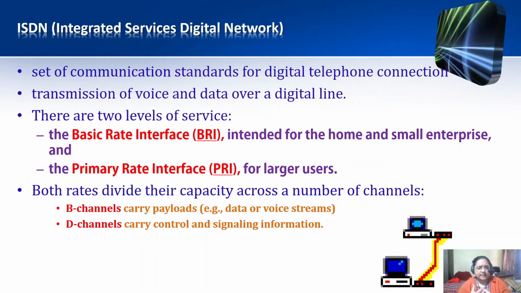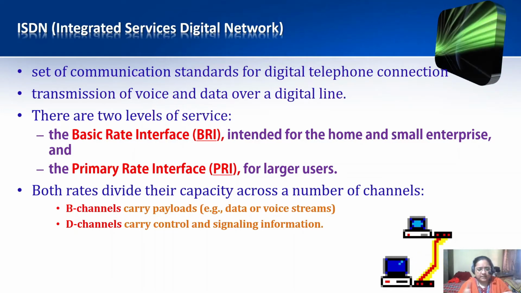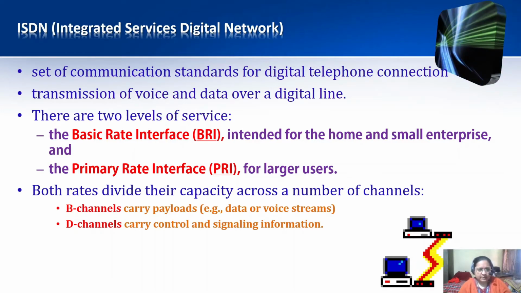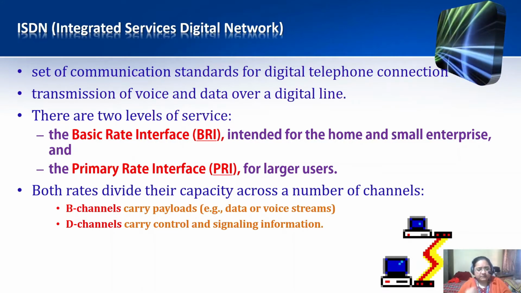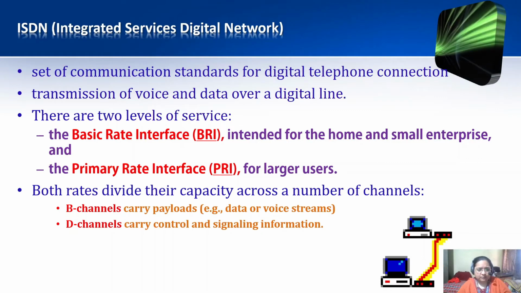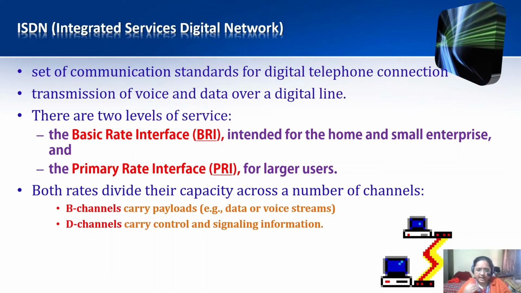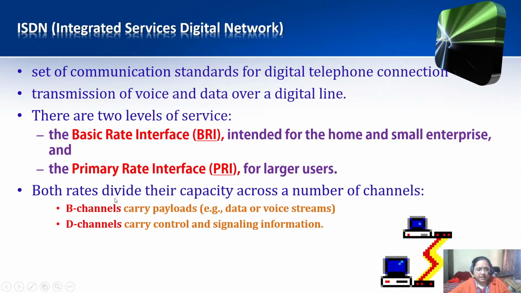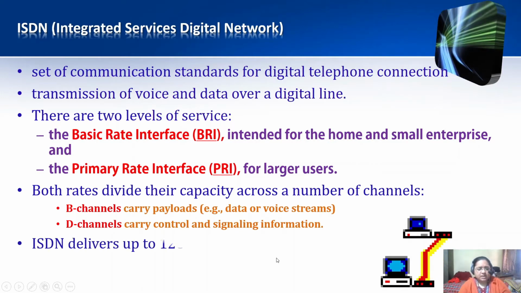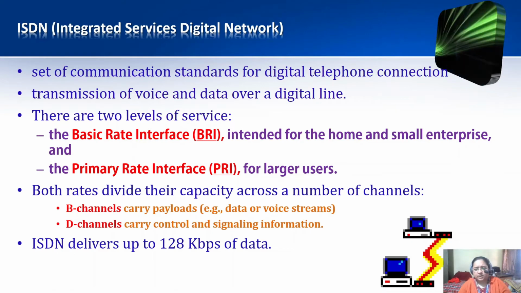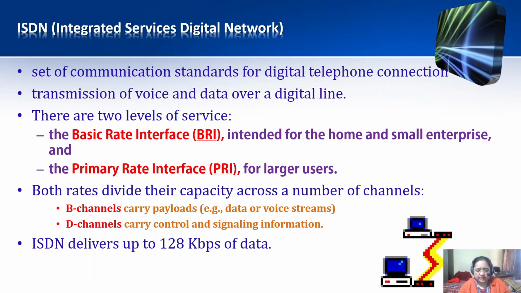Basically, signaling means a connection first has to be established between the sender and the destination. Then they agree upon certain protocols, and the sender sends its data, which is received by the receiver, and the receiver acknowledges it back. All these are control and signaling information, and the actual data comes under B channels. The maximum speed is only up to 128 kbps, which is a little more than dial-up, but still considerably less.